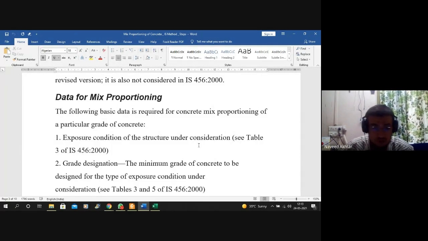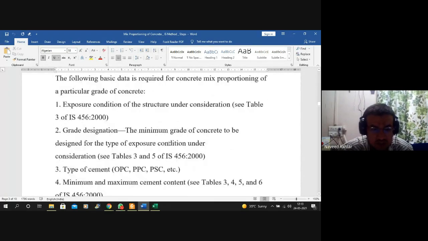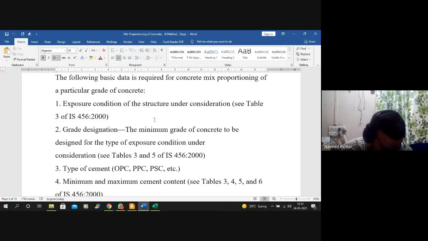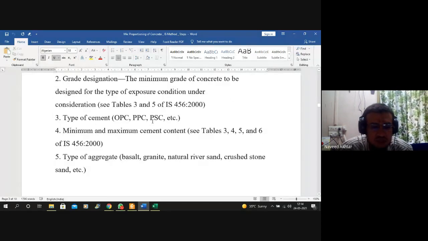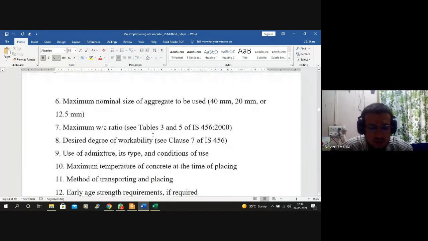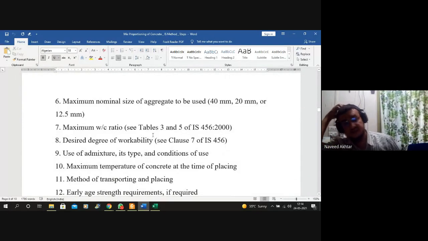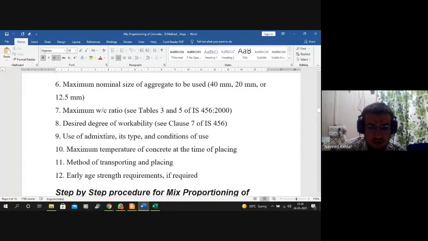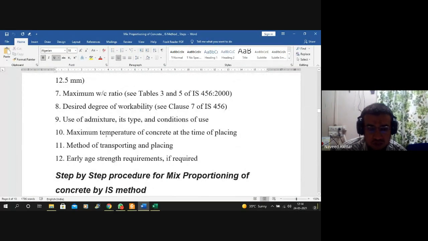And data for mixed proportioning also we have seen yesterday. What are the data we needed for the design of mix of concrete: the exposure condition, grade designation, type of cement, minimum and maximum cement content, type of aggregate, nominal maximum size of aggregate, and the maximum water to cement ratio, desired degree of workability, use of admixture and its type, condition of use.